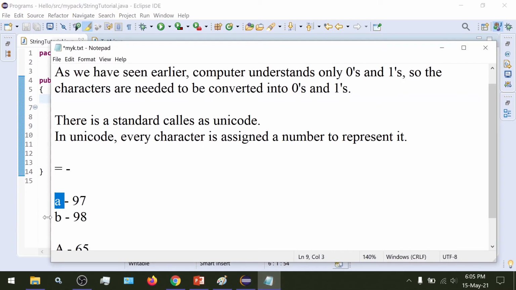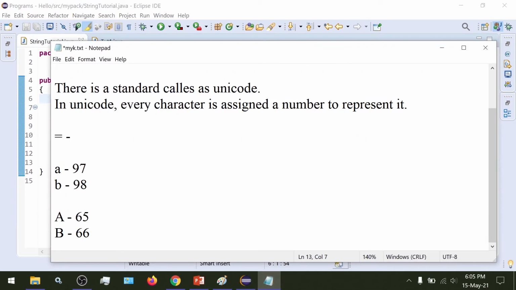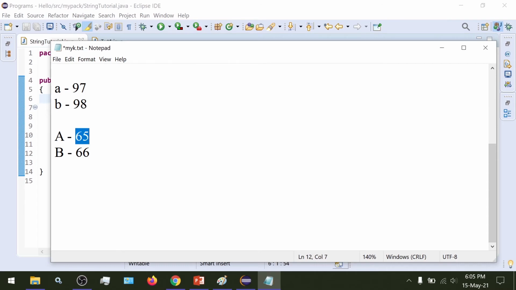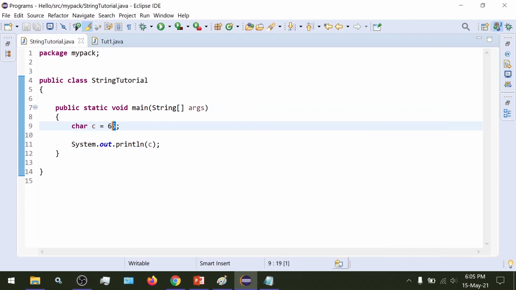Just as I have explained, the uppercase character A is mapped using the number 65. So if we pass the number 65 to a char type variable, then Java would automatically understand and map the equivalent character to this number.